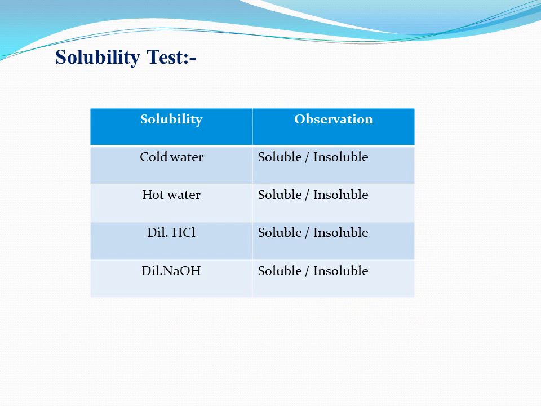Finally, you have to check the solubility of the given salt in cold water, in hot water, in dilute HCl and in dilute NaOH. What you have to do is take a test tube and add a pinch of salt. To this, add 1 ml of cold water. Shake it properly. If your salt is soluble in water, then write it as soluble in the observation table. And if it is not soluble, then write it as insoluble. Then boil the water and check the solubility in hot water. Then check the solubility in dilute HCl and in dilute NaOH.